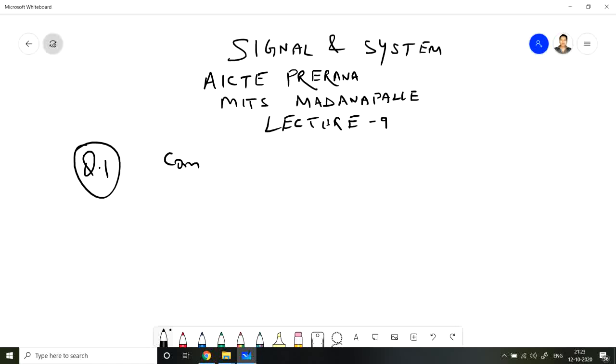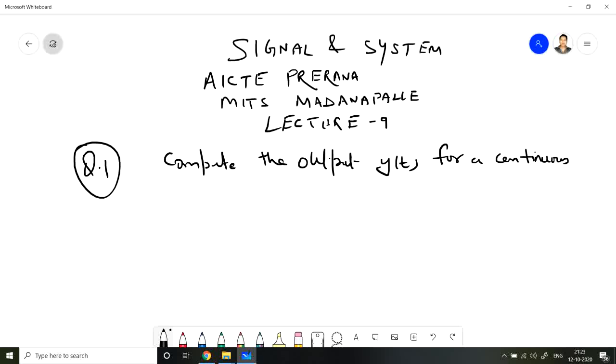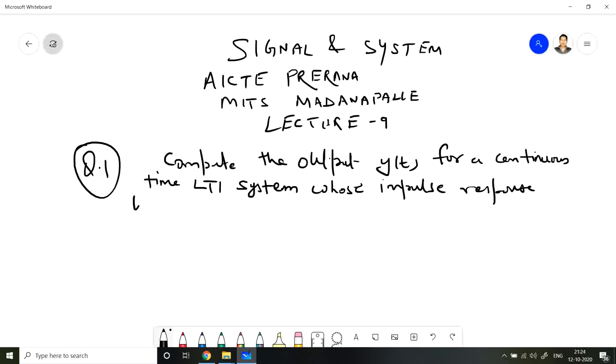So question is, compute the output y(t) for a continuous time LTI system whose impulse response h(t) and the input x(t) are given by